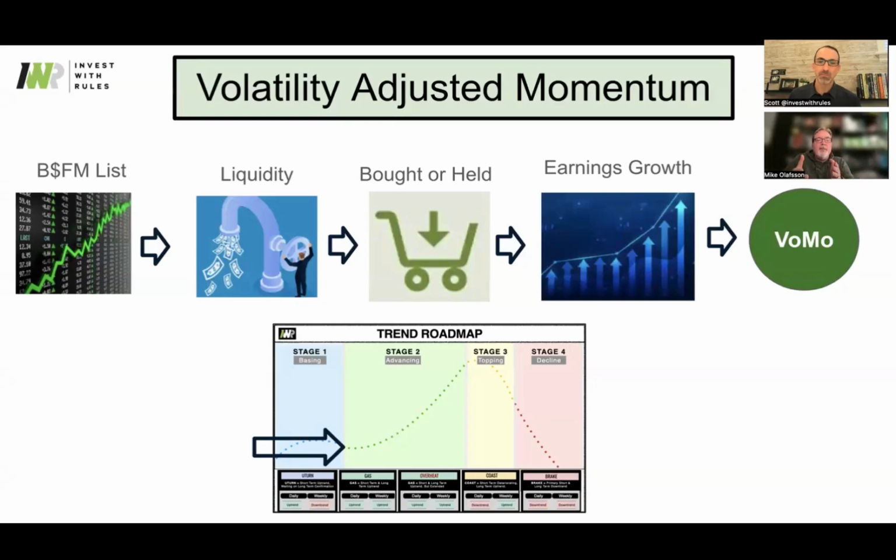But this goes back to momentum, where the historical analysis and backtesting shows that something in motion, a trend going on, tends to continue unless something stops it, which is why we think this VOMO is so important. But I just want to underline that that's the ranking. So it's a lot more pertinent than the old ABC that we've been using.